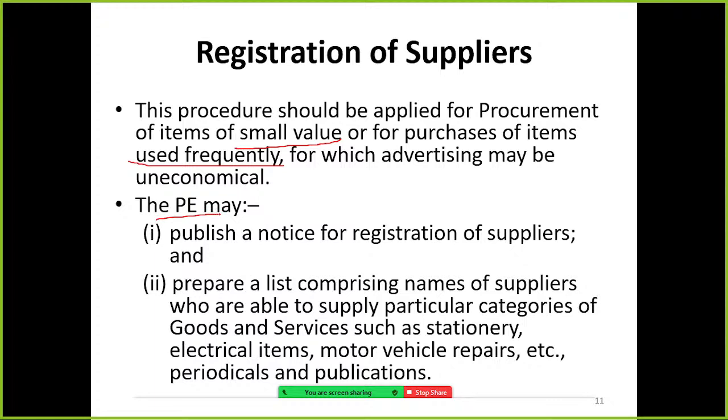So the procurement entity may publish a notice for registration of suppliers and prepare a list comprising names of suppliers who are able to supply particular categories of goods and services such as stationery, electrical items, motor vehicle repairs, periodicals and publications, newspapers, like that.